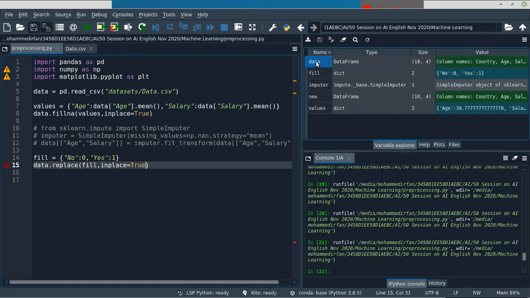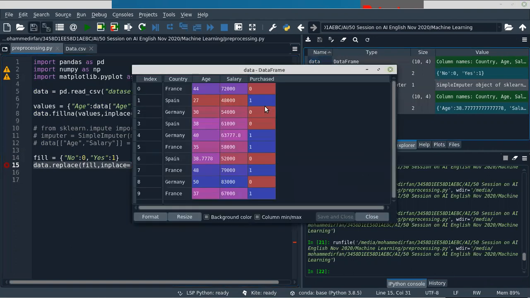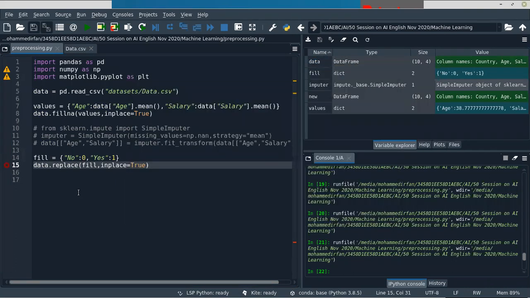Now the original data will be updated. So this is how you can do label encoding using the pandas replace function. Okay,